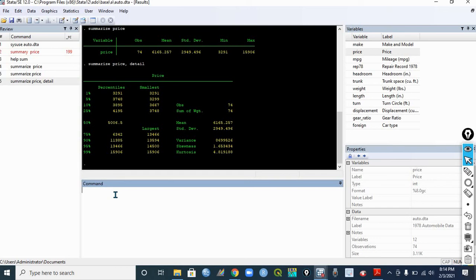Hopefully by the end of tomorrow, we'll be through with creating a do file. Then we will start importing data from either an Excel file, TXT, that is a text file, or loading data which we've